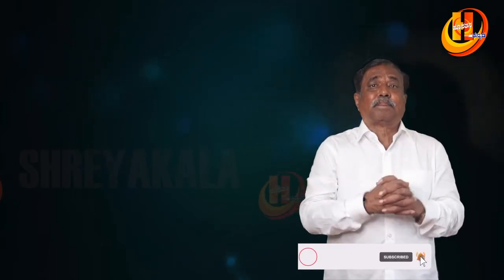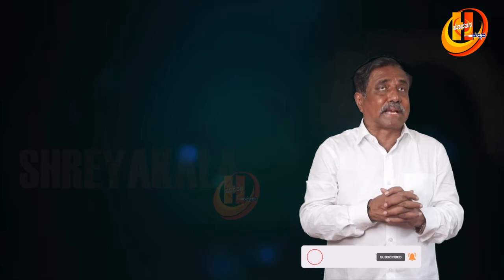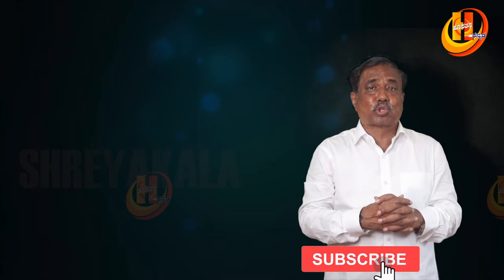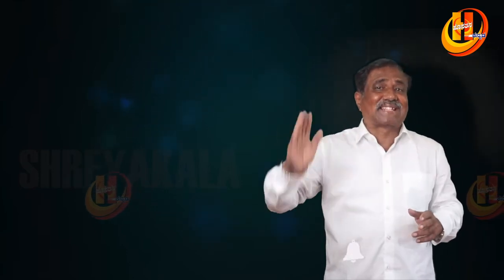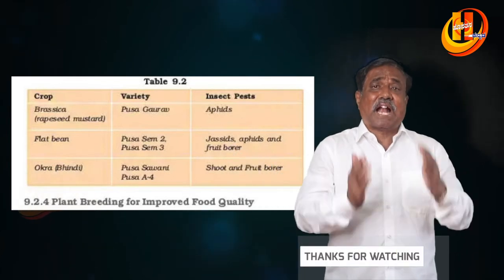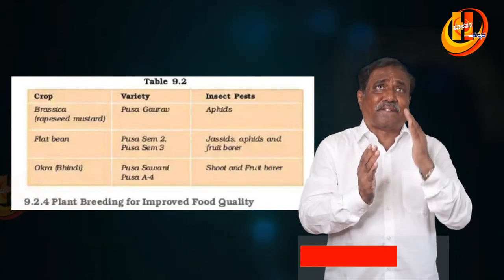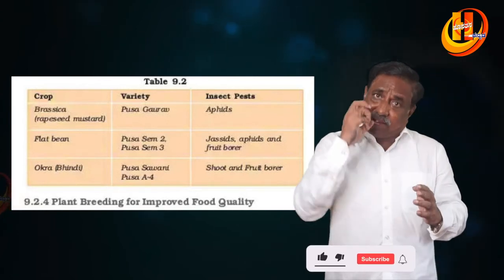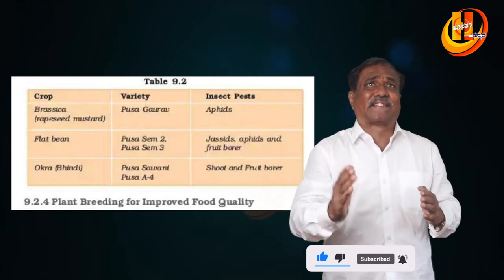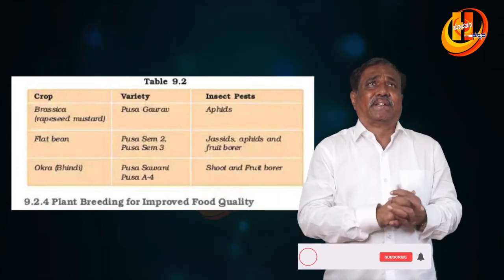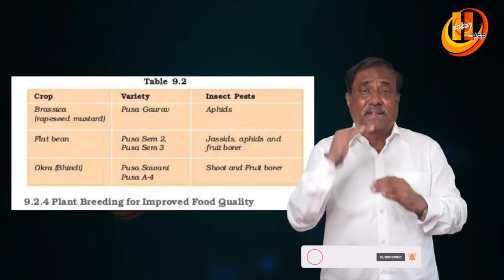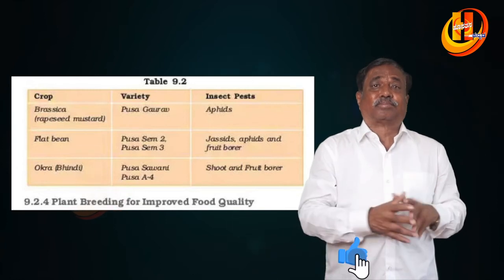For example, in the case of brassica, there is a variety called Pusa Gaurav. It is used against aphids, that is resistant to the aphids. And there is one more variety, French bean, which is a pest resistant variety against the jassids as well as the aphids. And the bindi, the pest resistant plants are the